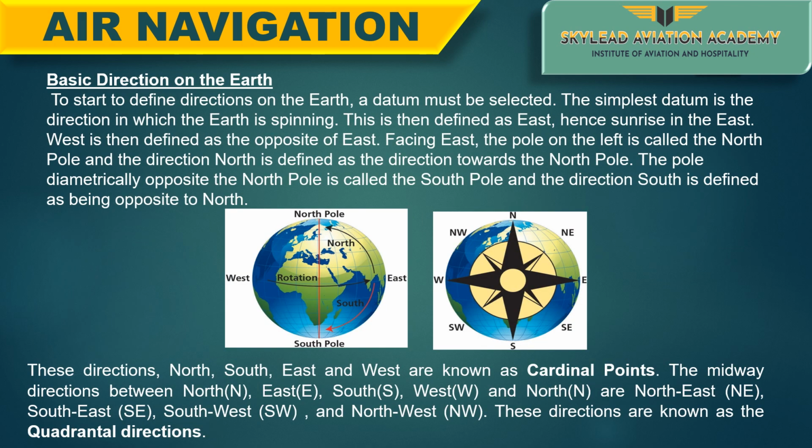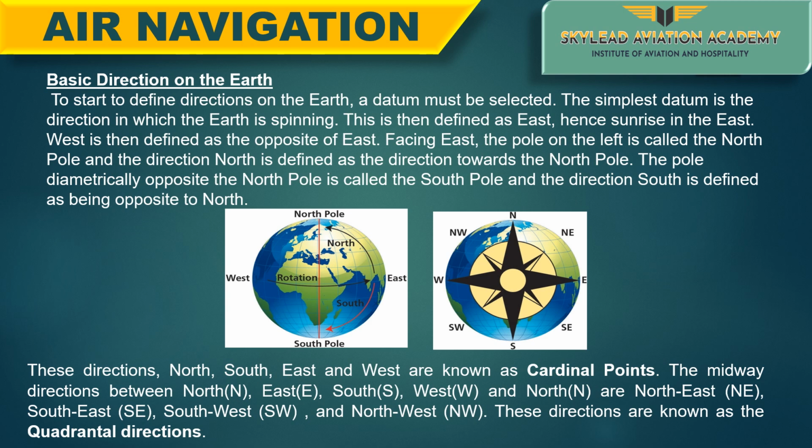So friends, this lesson will give you an understanding of direction and the convention we use in determining direction. As we all know, the earth spins on its polar axis. The direction of the earth's spin is east. Take it as a note. The direction of earth spin is east. All other directions are defined in relation to east. And guys, west is defined as the opposite direction to the east.